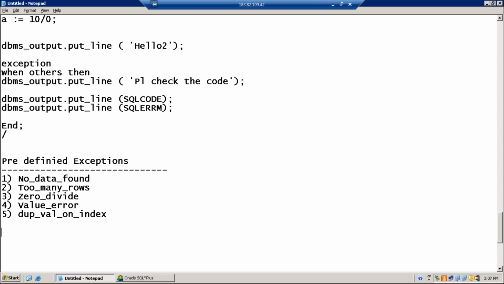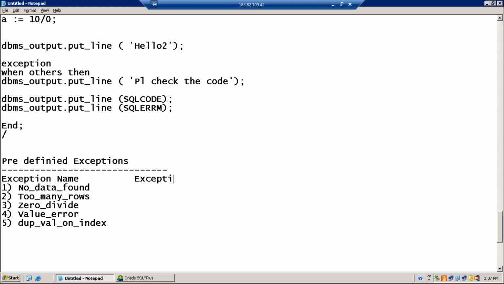These are examples of predefined exceptions. Am I right? What are these? These are all exception names. And these are exception numbers.